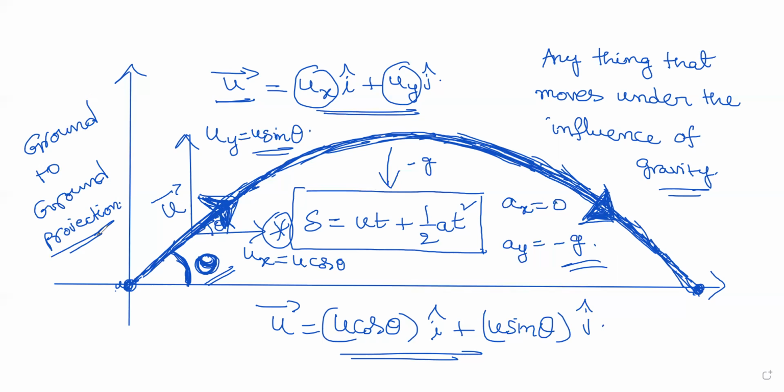And now we have to define the position vector at each point, a general point P. Differentiating the position vector, you get everything. That is the basic idea. And now the position vector at any point P, how do I find it? I want the position vector at any point P, that is nothing but x i cap plus y j cap.